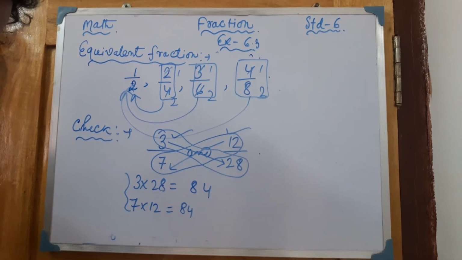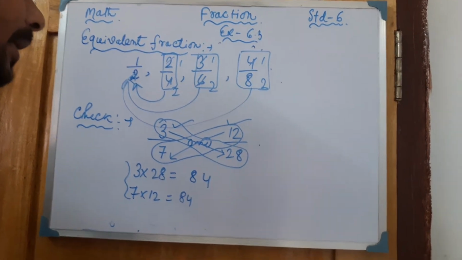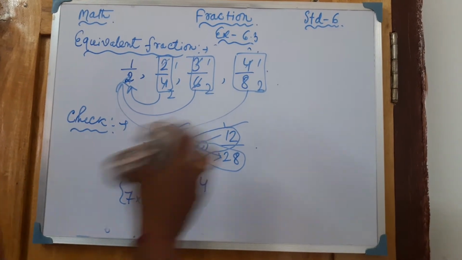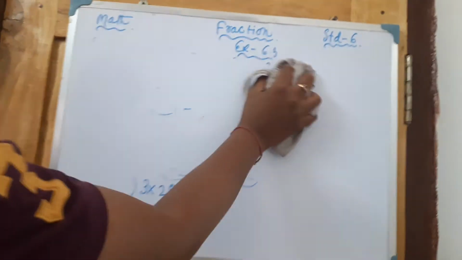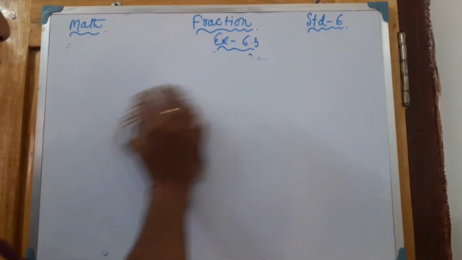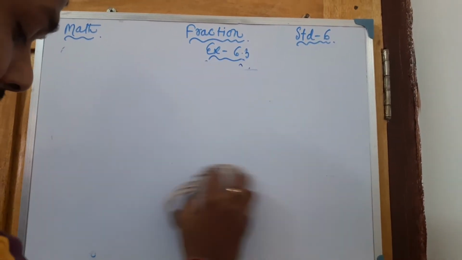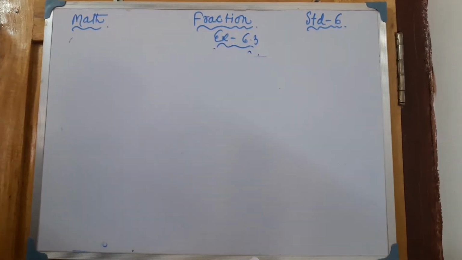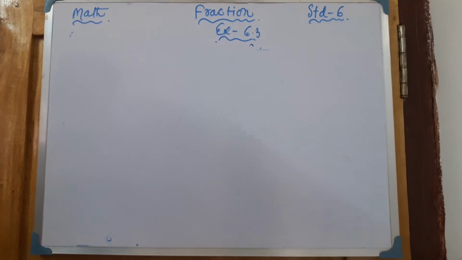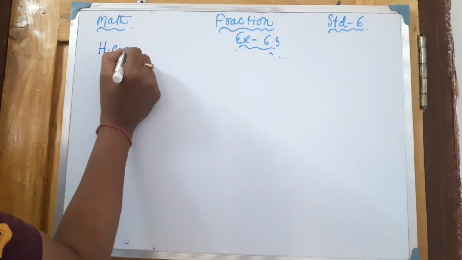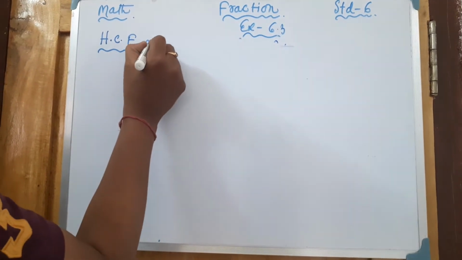Okay. Next one, the last part of this chapter before going to the numericals of the chapter exercise, is the reducing form. How can you reduce or simplify any type of fraction? Like this one, the irreducible or simplest form of the fraction. Two methods are there. One is the HCF method to simplify that one.